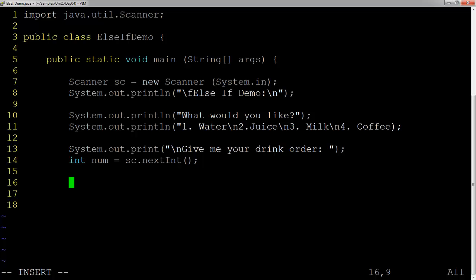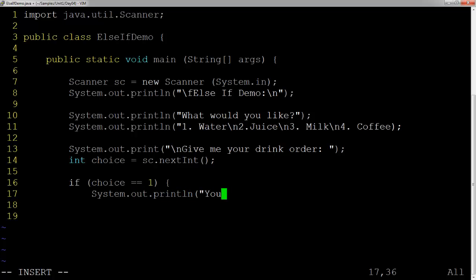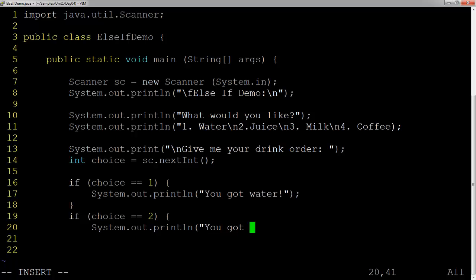Okay, now before, what we might do is we could, if we wanted to, set up an if block for each of these. So one is water. So if, I'll call this choice, if our choice is 1, System.out.println, you got water. Close that out. And then if our choice is 2, System.out.println, you got juice. Close that out. And then if our choice